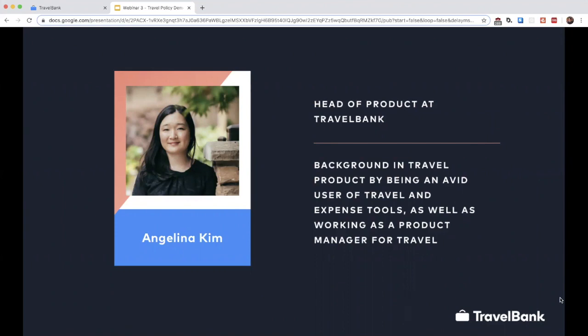I think I mentioned this in webinar one too, but just to reiterate my passion for TravelBank and also travel and expenses product is because I was always traveling to Australia and it was really hard to keep track of all of the travel expenses and receipts and all that. So solving that policies and enforcement and receipt capture, all of that problem was very relevant to me and exciting to me. So today I'm really excited to share with you live demos, which I think is the most fun